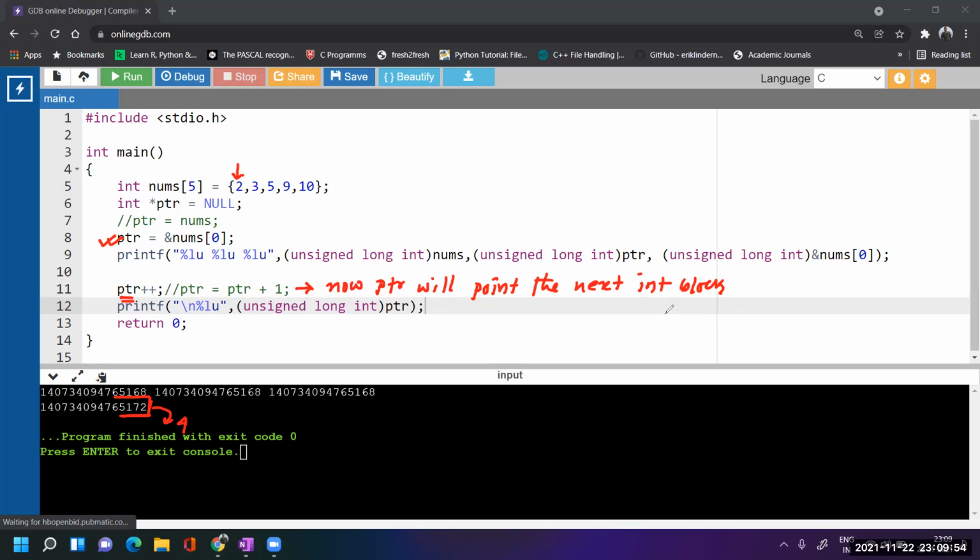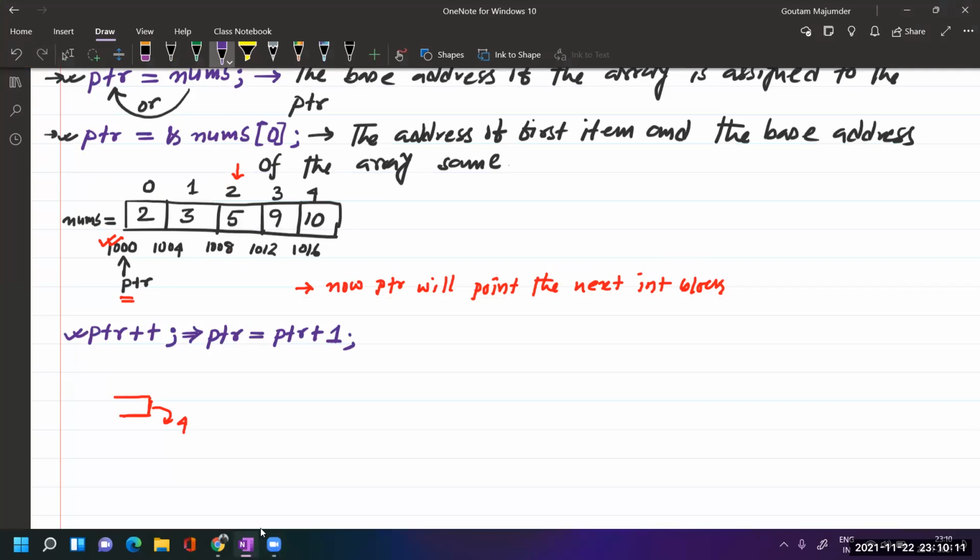Next integer block. So how will this expression be solved? Let me write it here. How will this expression be solved? Now, see, I'm writing it here so that you can understand.